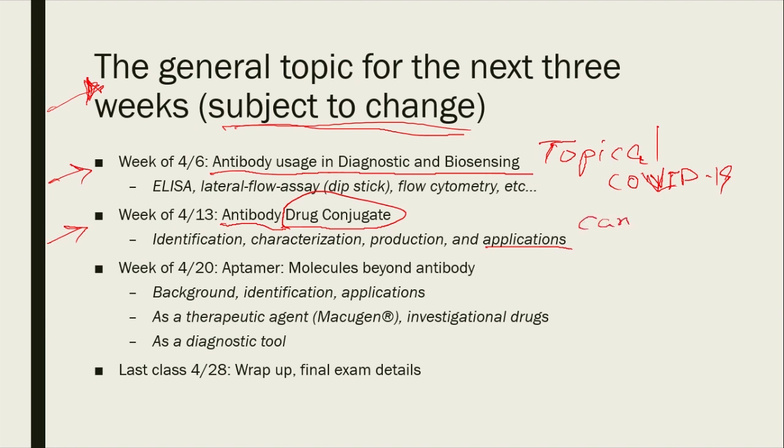We have specific drugs, and there are many more now. One of the earlier ones is an antibody specific for breast cancer and conjugated to a drug. We will pick some to talk about, and the considerations behind them,